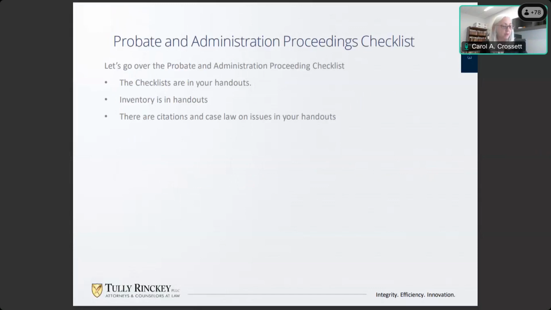The other one was an inventory of assets with a firearms inventory, in the event that you check off that there were firearms in the house of the decedent, the person who died. And also there is a citation related to the inventory that was provided, and also there was some case law which I'm going to discuss during this presentation. So as an initial matter,